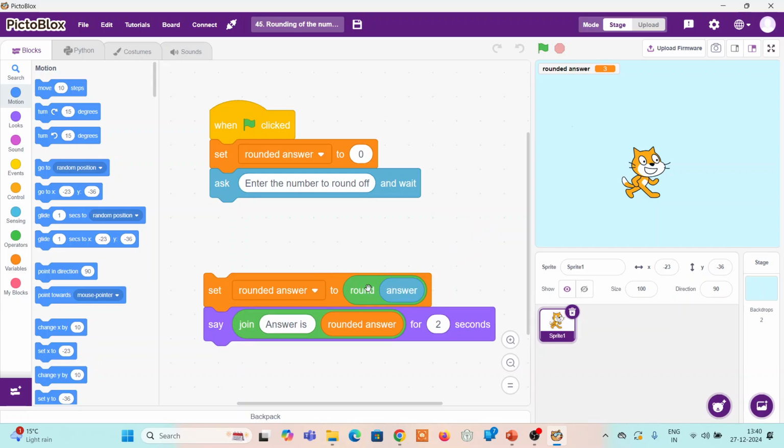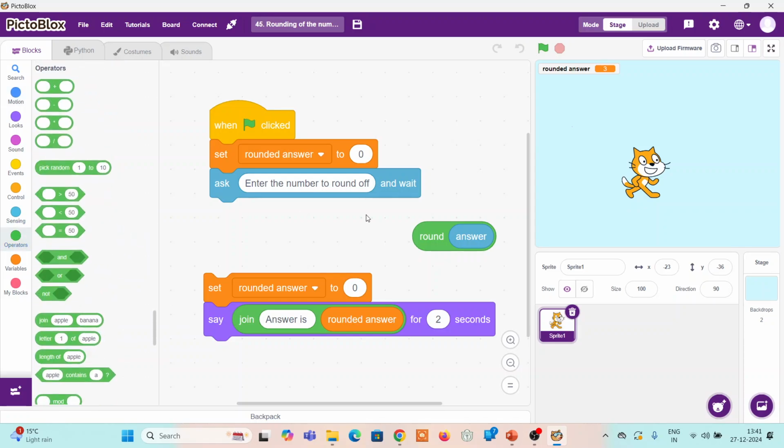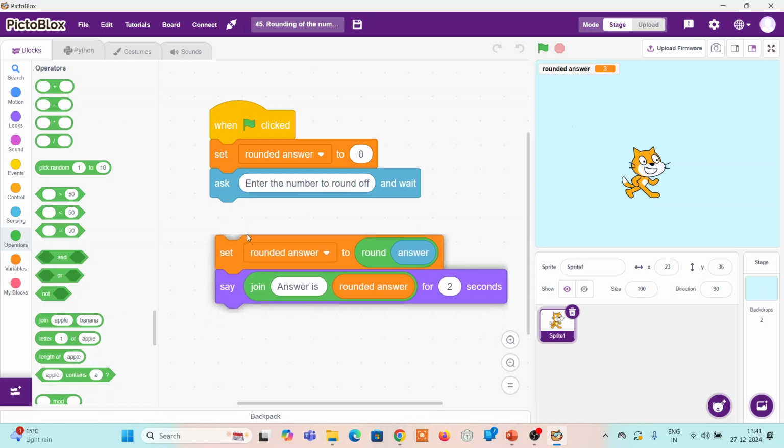There is a function in the mathematical library, in the operators you can see here. You have this round function, or operator, you can say. Inside this you pass this value, and you store the result of this operator in some variable. So you choose this rounded answer variable and store it here, and after that you print